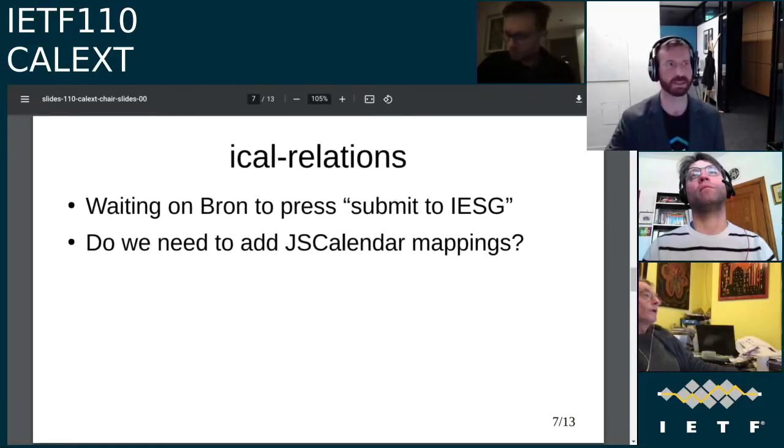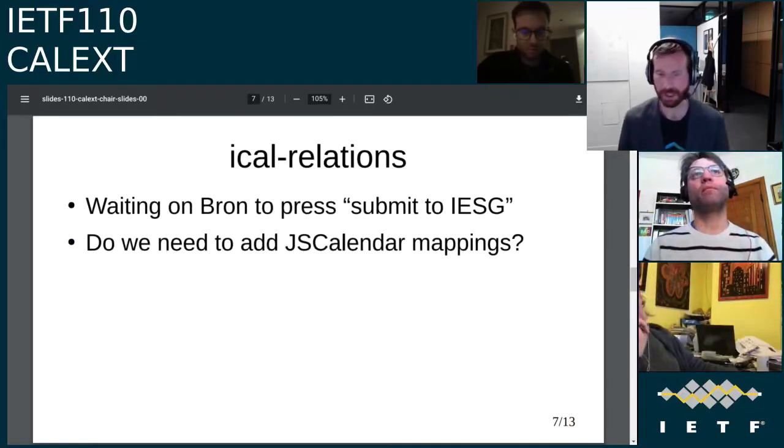iCal relations. That's just waiting for me to press submit. I believe there's nothing left to do on that other than the question of do we need to add JS calendar mappings for that? Will that go in the JS calendar mapping doc? Do we need to add anything to JS calendar for it?